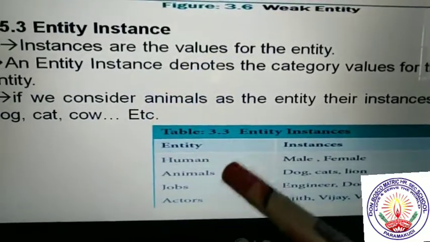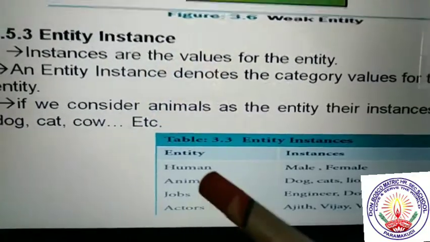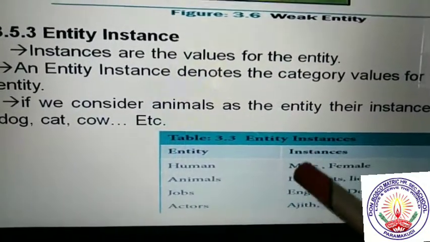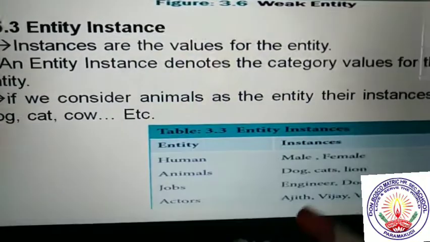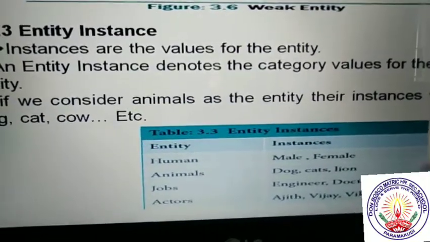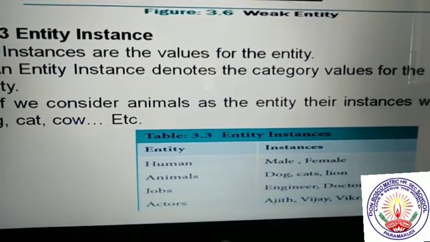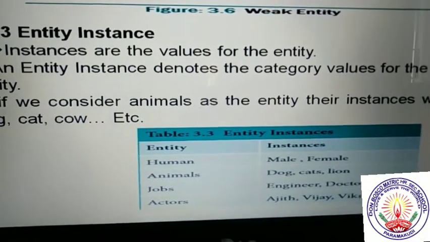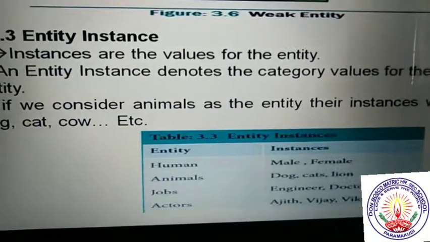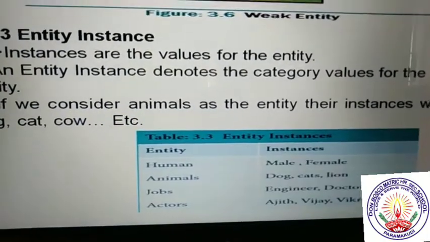And job. So job is one of the entity. The job gets the instances like engineer, doctor, lawyer, teacher, clerk. Any other posting is included in the job entity. And actors.